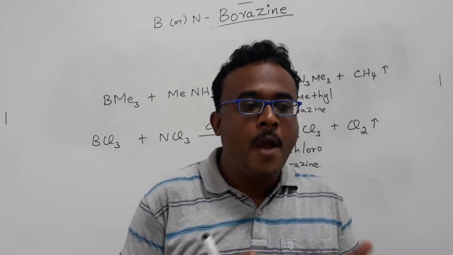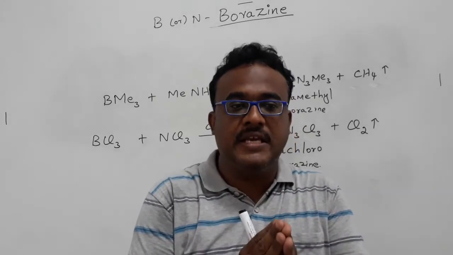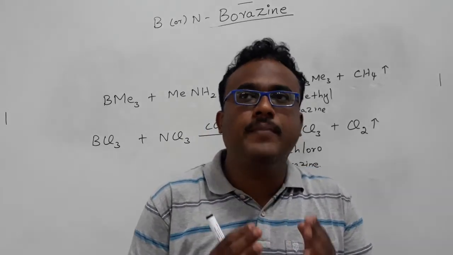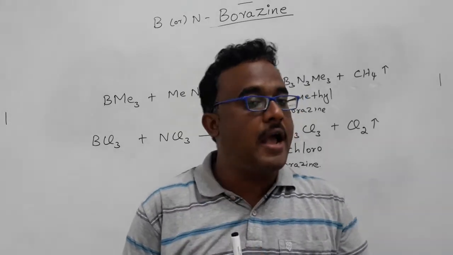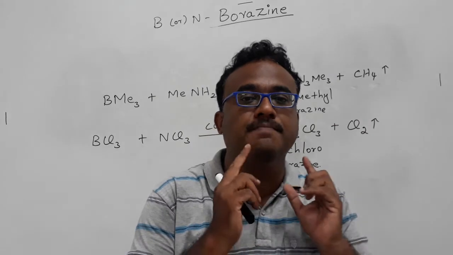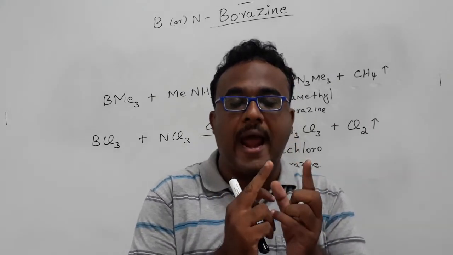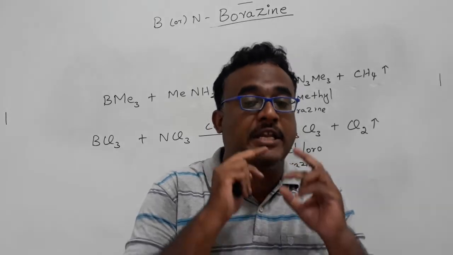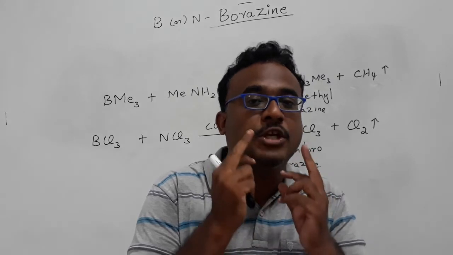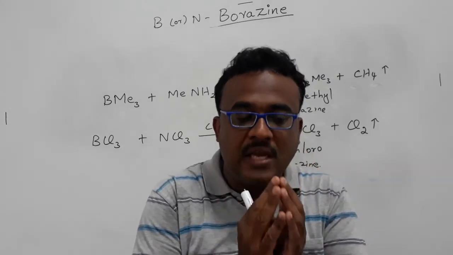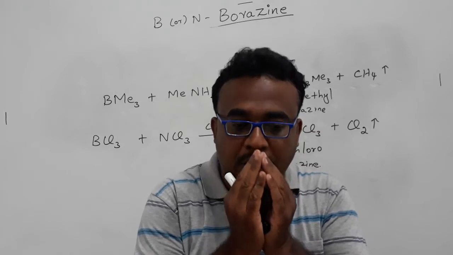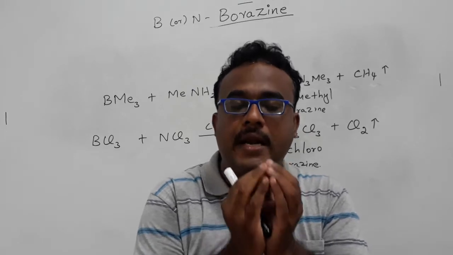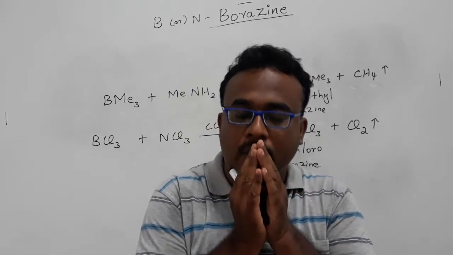For example, borazine in most cases is more reactive than benzene. Why is borazine more reactive than benzene? I already said that. Borazine is made up of two different heteroatoms which have two different atomic radii, as well as two different electronegativities. And when we see the structure, the electron density is more near the nitrogen center. Very little electron density is at the boron center.